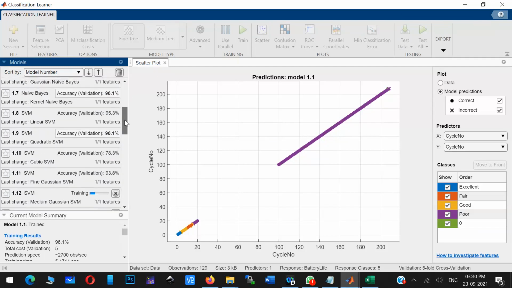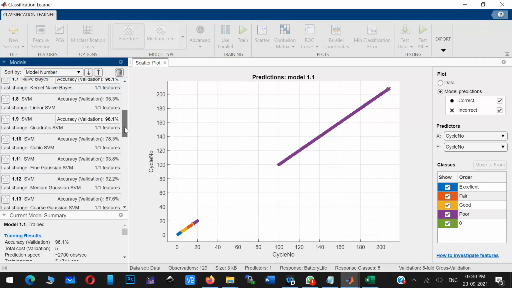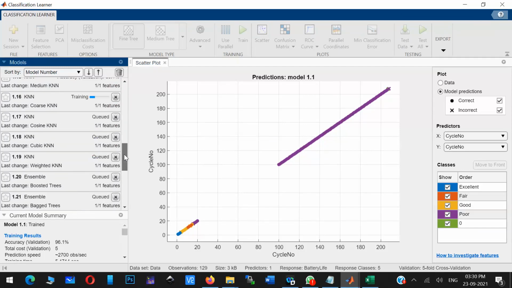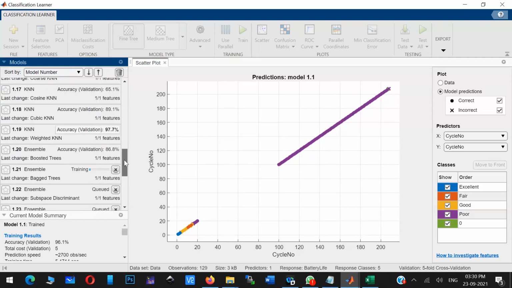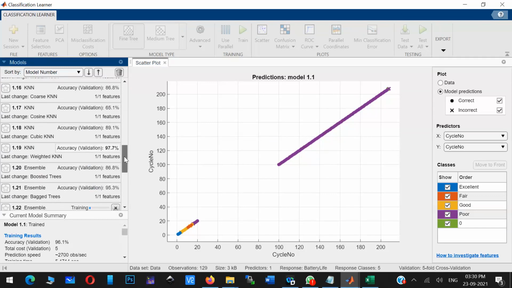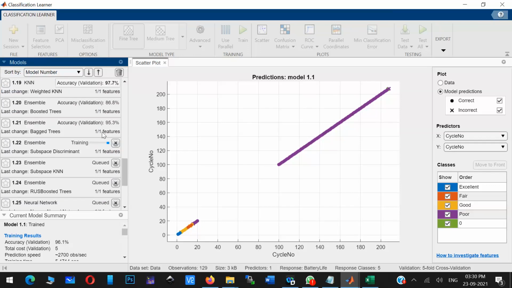Now you can see different algorithms giving different results, and till now many algorithms are giving 96% accuracy. Some algorithms are even giving 65% and 89%. Now the KNN method algorithm is till now giving 97% accuracy.